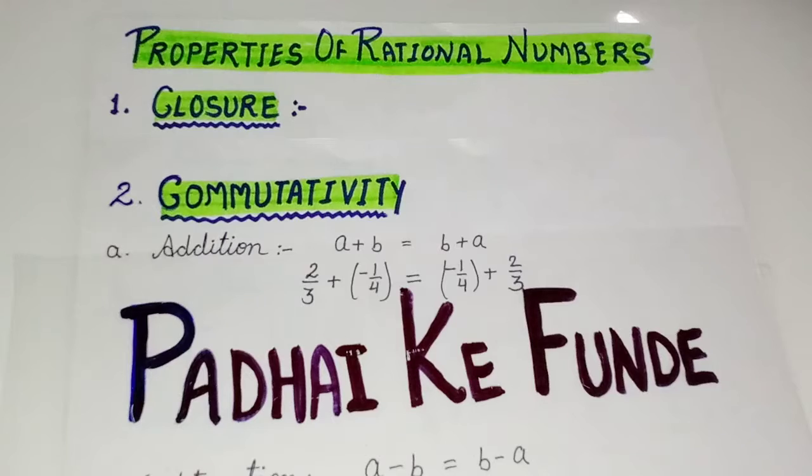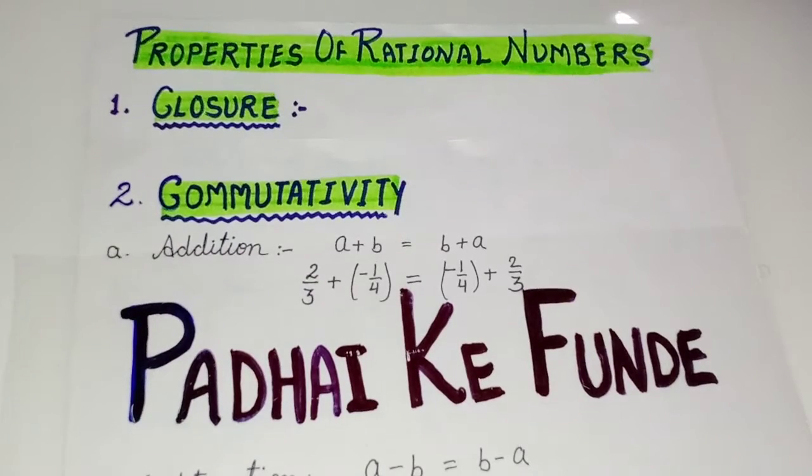You may have studied this property under whole numbers and integers also in the previous classes. So commutativity means what? The concept is the same as whatever you have studied about whole numbers and integers. The concept of commutativity is just about order. That means you can change the order of the numbers, whether it holds under that particular operation or not, that we will see here about rational numbers.